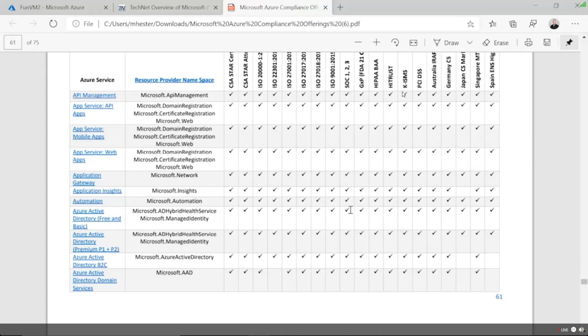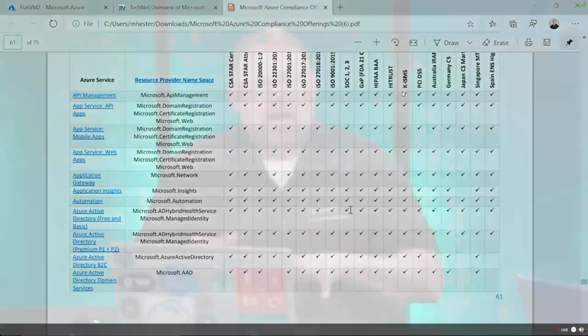Now, we also have another tool called the Compliance Manager. It's one of the few demos we can't do with our subscriptions that we have here, but it'll actually run across your Azure environment and tell you what compliances you're hitting. Hey, I'm looking for this compliance. Do I meet that? It's going to basically do that fact check, pull out this table and check all of that information for you. So we have ways to look at the compliance offerings inside of Azure.